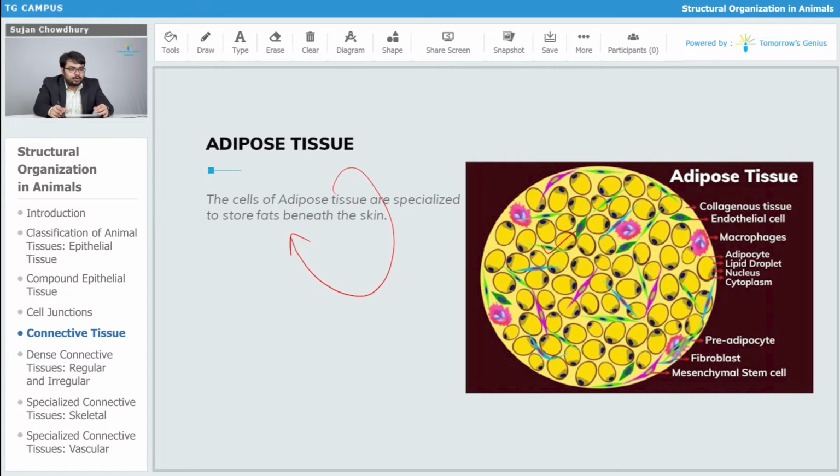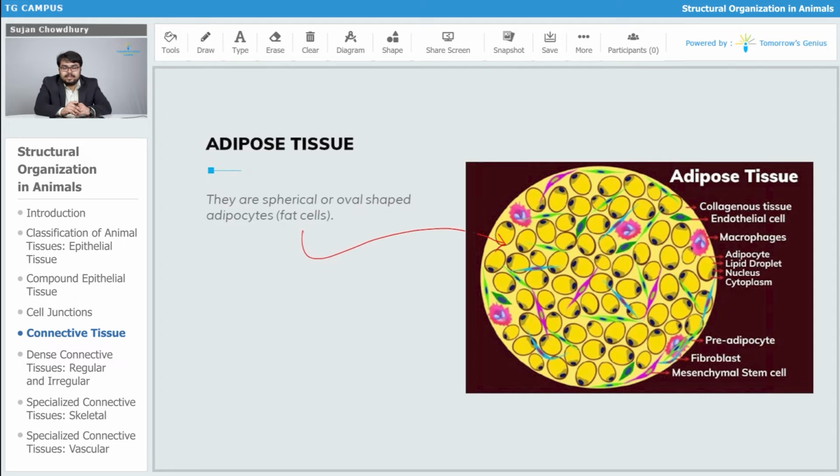Here you can have an overview of the adipose tissue system. These are the cell types which you are going to observe in the adipose tissue. They are spherical or oval shaped adipocytes or fat cells. These cells are responsible for storage of fat, as a result of which enhanced cushioning of the inner body parts is possible. The inner organs are very well protected by the help of the adipose tissue, which is present below